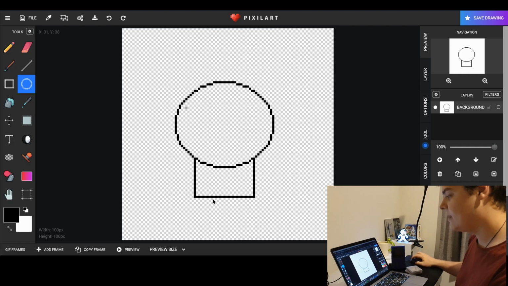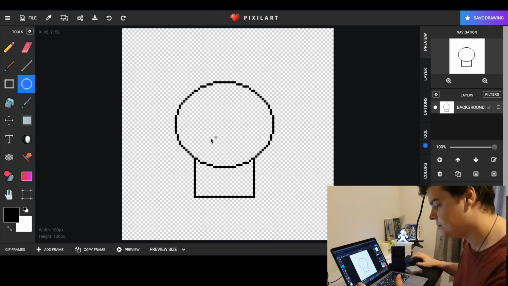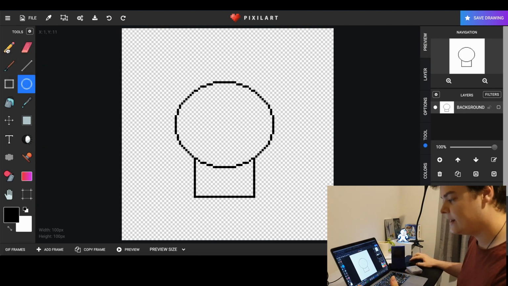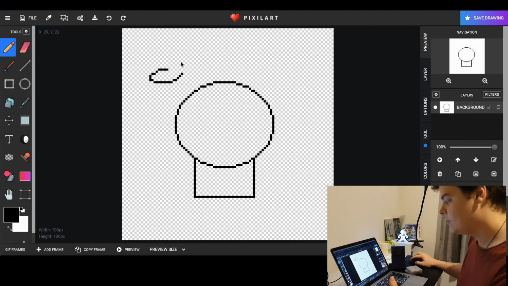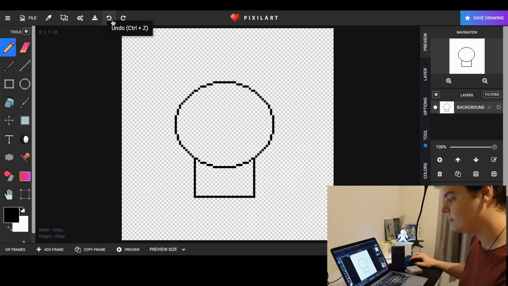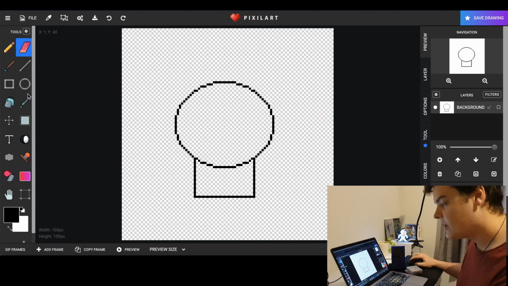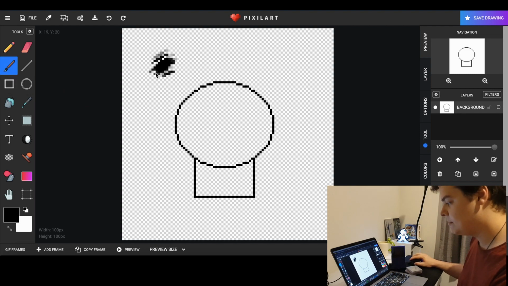So when you're starting it up, you want to start on just a nice simple grid. You've got a lot of tools down the side here. Okay, we've got a pencil, which we can free draw. We've got an undo up here, which is quite helpful. It's a good one to know, which is this little backwards arrow. Then we've got our eraser, which erases things. We've got a brush tool, which can give us a bit more,